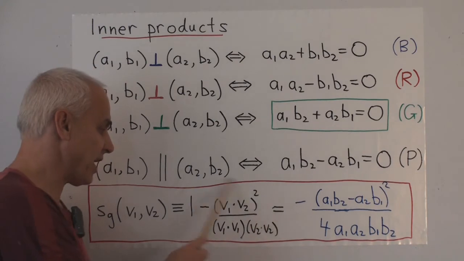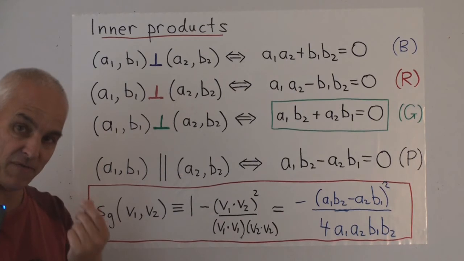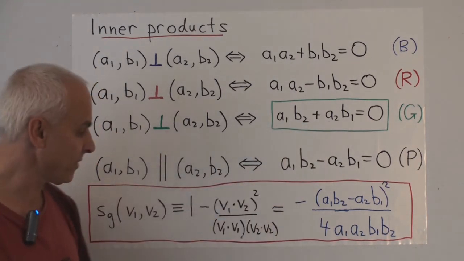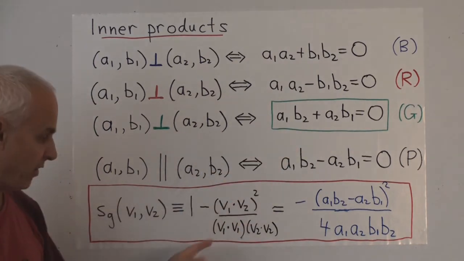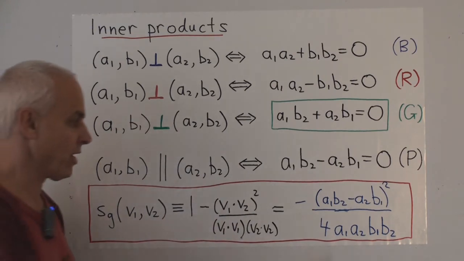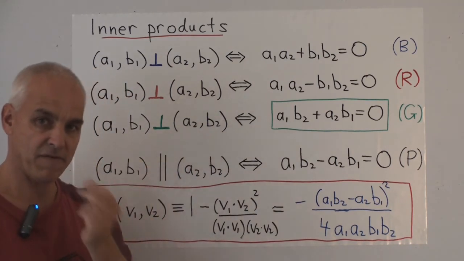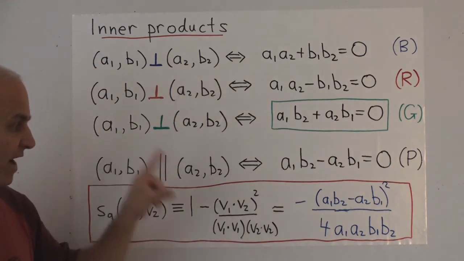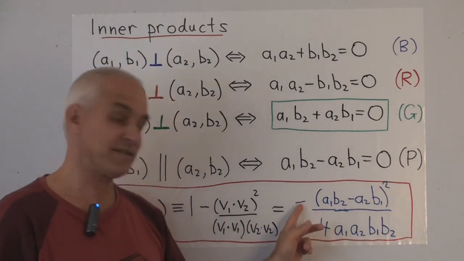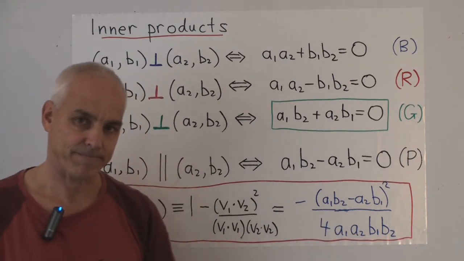Now it's a good exercise for you, please do it: if you use this as the expression for the dot product, so that's v1 and that's v2, that's v1 dot v2, and you plug that expression in there, and also similarly here and here, and then simplify, you will get this. So this is the specific formula for the spread between the two vectors a1, b1 and a2, b2. It's a number. There's a minus sign here, and in the denominator we have the product of all four quantities.